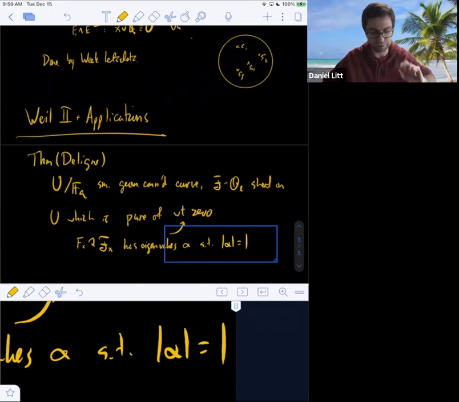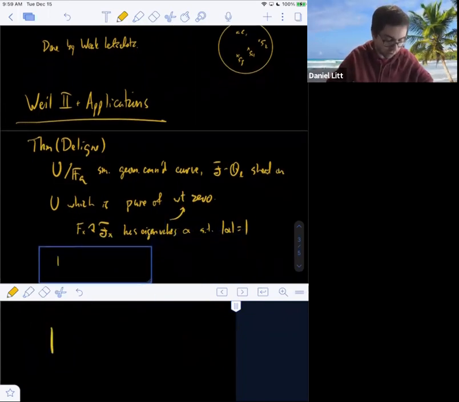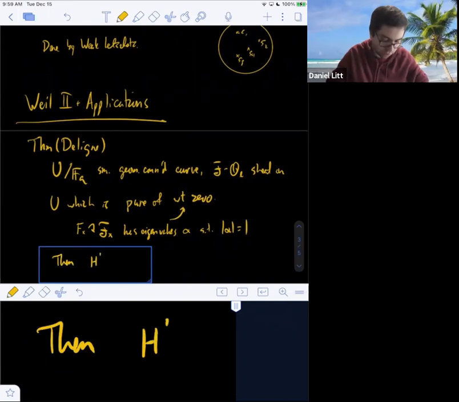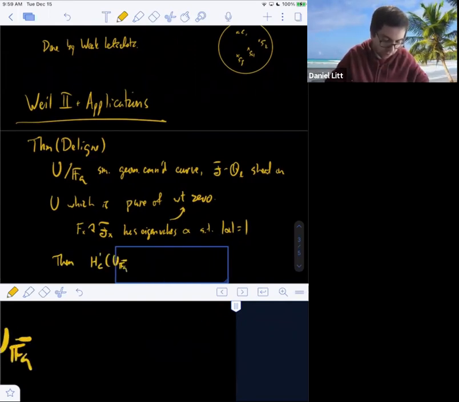So it somehow doesn't really matter, you can always twist a sheaf that is coming from a smooth projective variety to satisfy this condition. So then the theorem is that H1 with compact support of U over F_q bar